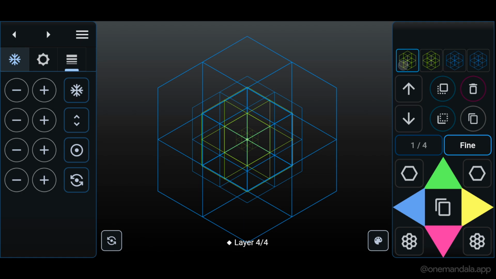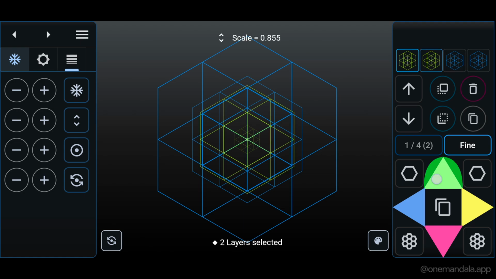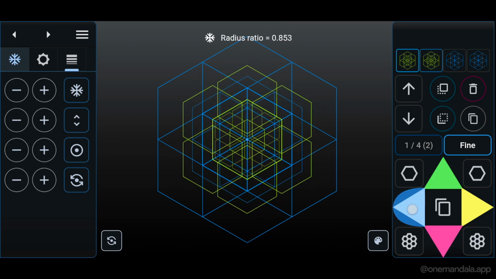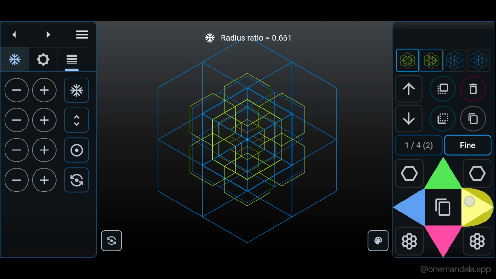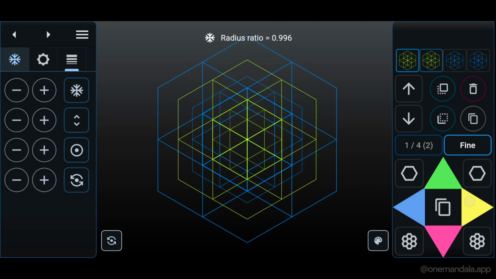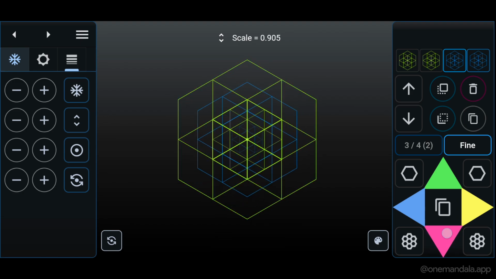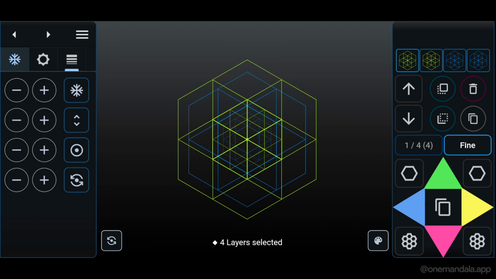Let's select those green layers, like that. Now you can adjust only the green layers and fine-tune your scene to find even more beautiful patterns. And if I want to select the blue ones, I tap on that, swipe right, and now I'm adjusting the blue layers. This is a bit limited at this point, you can only select 4 layers at a time, but we will improve this in future releases.